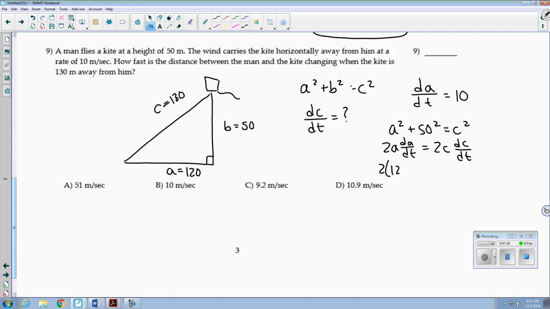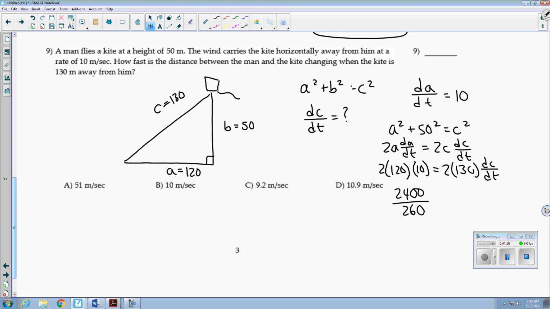So we're going to do 2 times 120 times da dt, which is 10, equals 2 times c, which at this point in time is 130, times dc dt. So if we divide both sides by 260,